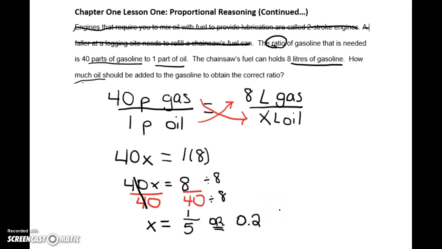Now we're not quite done this question yet because this is a word problem. And with word problems, you have to answer them with a sentence. That's not an option. And if you struggle with answering word problems and you're not sure what exactly you should say, we'll go back to the question that they were asking you. Here it said, how much oil should be added to the gasoline to obtain the correct ratio? What I usually like to do is turn that question into a statement. And one other tidbit is, in this situation, we were told that we were dealing with a faller at a logging site. So I'm just going to say that the faller needs 0.2,